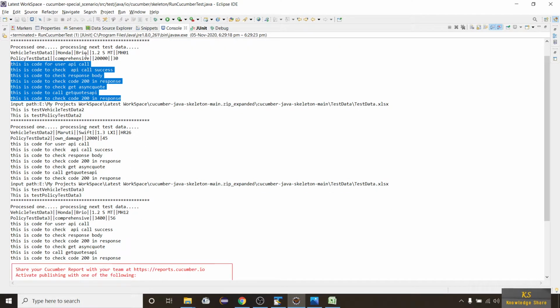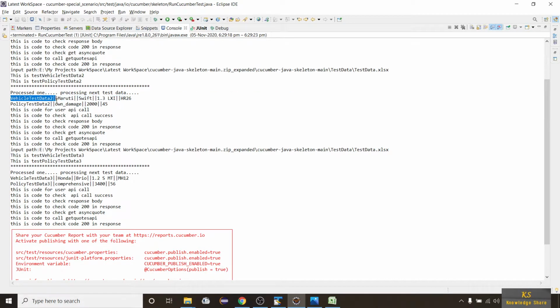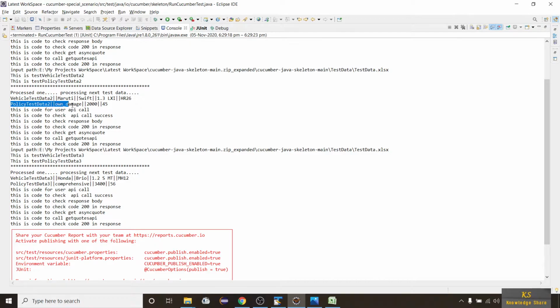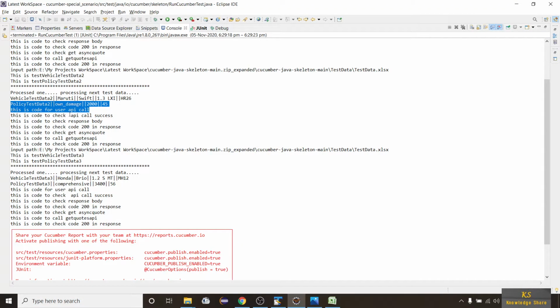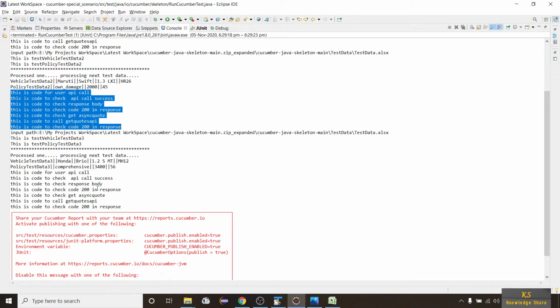And once that one set is finished, it will start processing test data 2. That means it will come to this Maruti Swift and process it, and then the next policy test data, own damage, and I have provided some value here, like 20,000 2045. So it will process test data 2, and whatever operations you need to check regarding APIs you can do here.